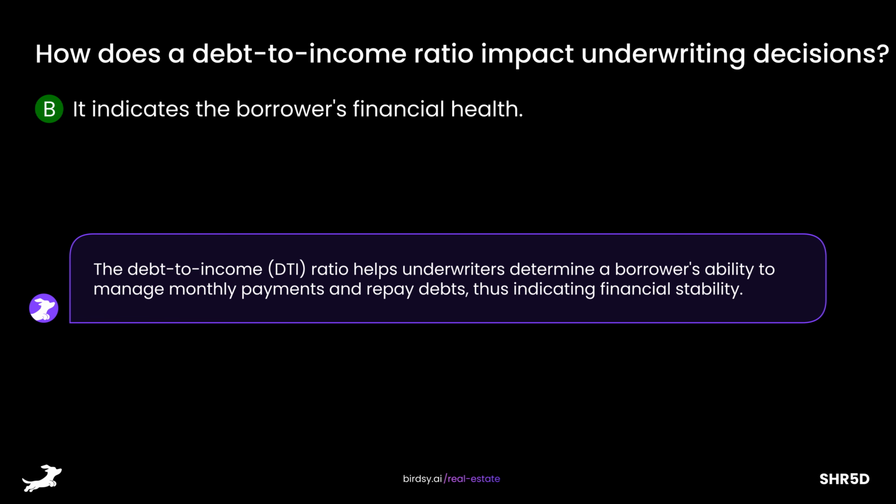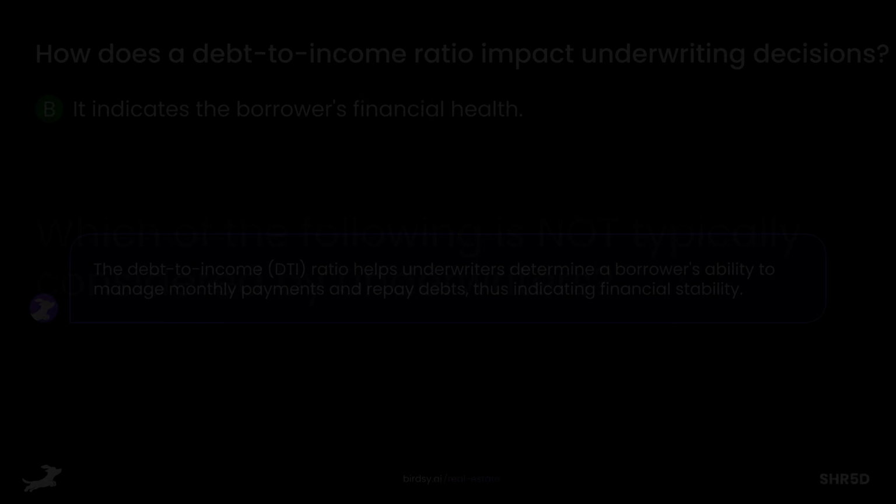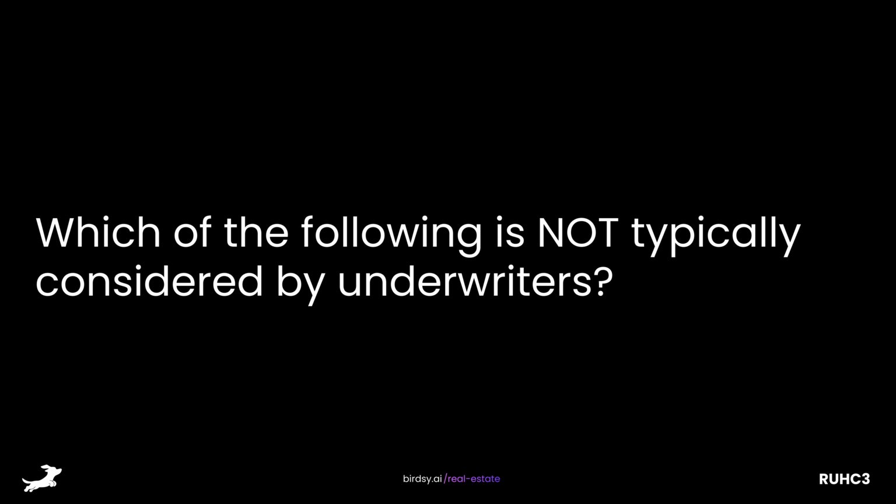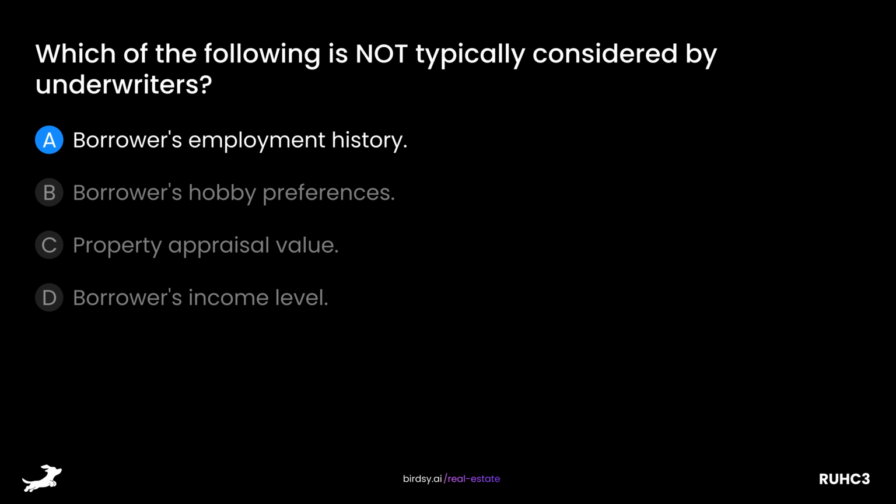The debt-to-income ratio helps underwriters determine a borrower's ability to manage monthly payments and repay debts, thus indicating financial stability. Which of the following is not typically considered by underwriters? Is it A, borrower's employment history,